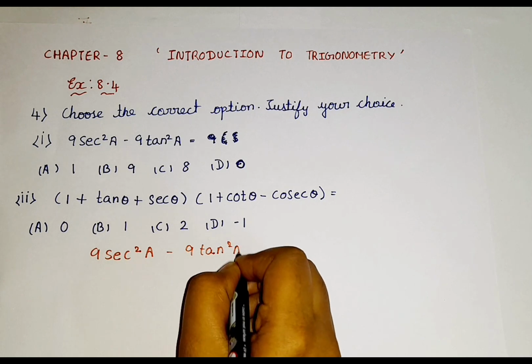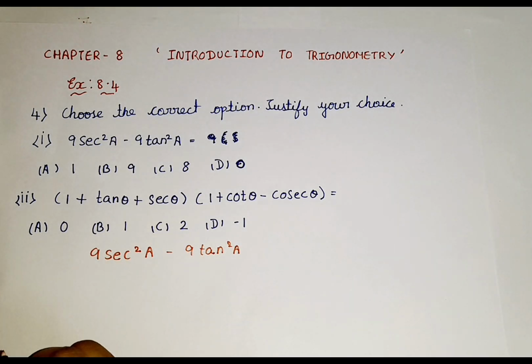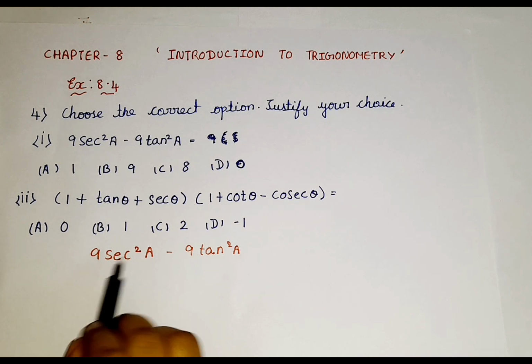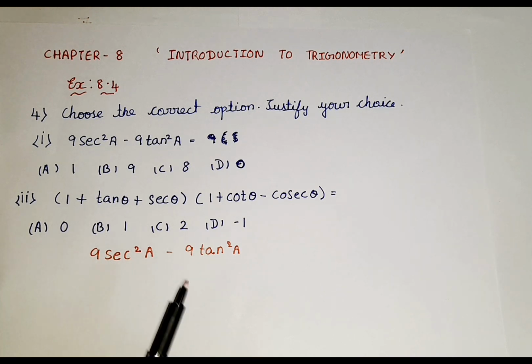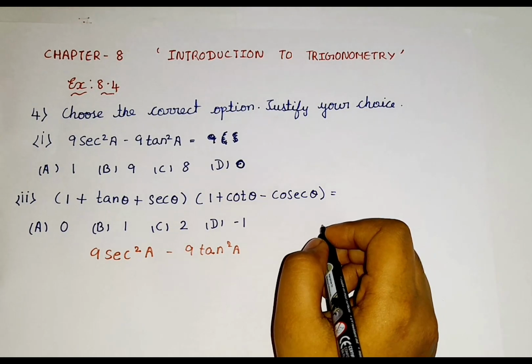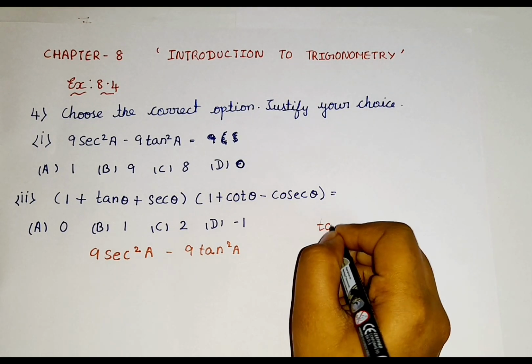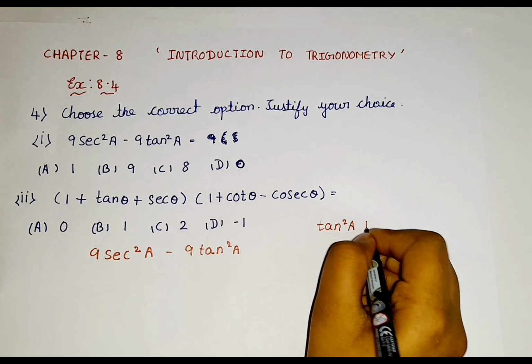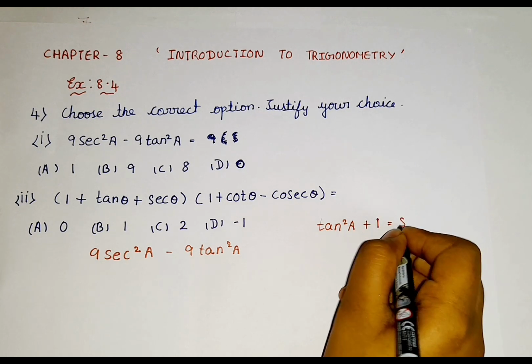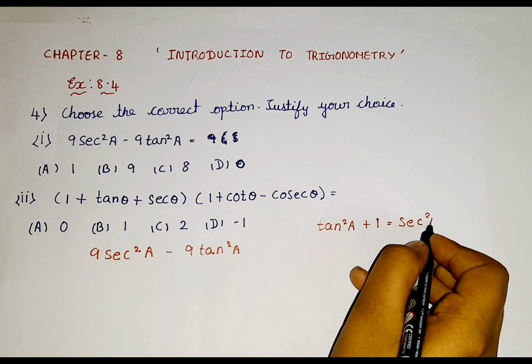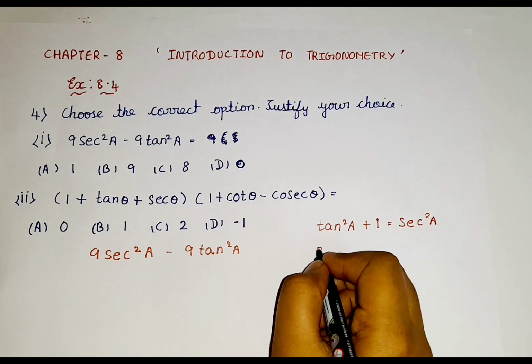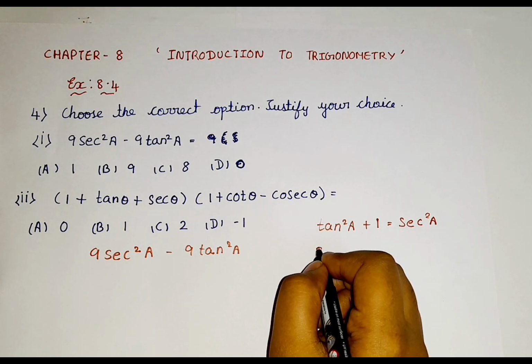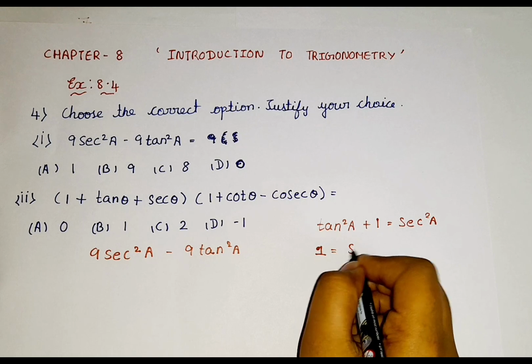We have it like this, isn't it? So now what are we supposed to do? When you check it out, we have secant square A minus tan square A. No need to compare the numbers now. We have secant square A and tan square A, so I have an identity: tan square A plus 1 is equal to secant square A. This is the identity we studied, isn't it? So here I can write 1 is equal to secant square A